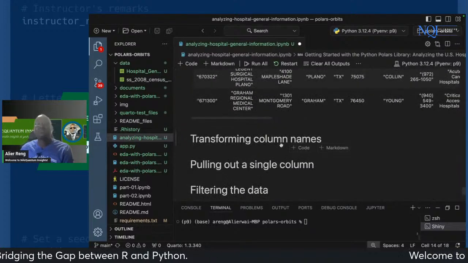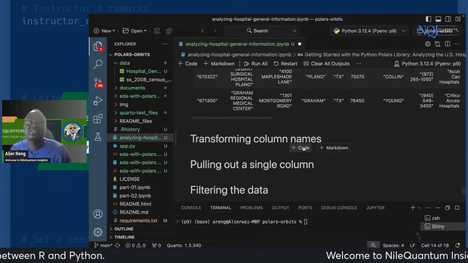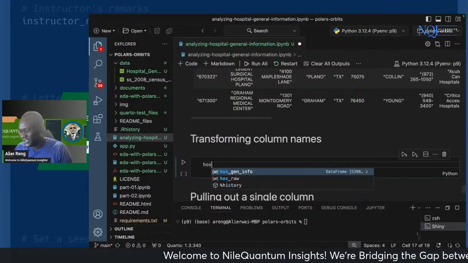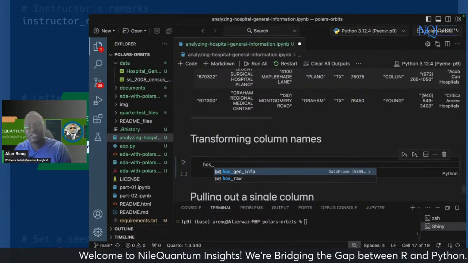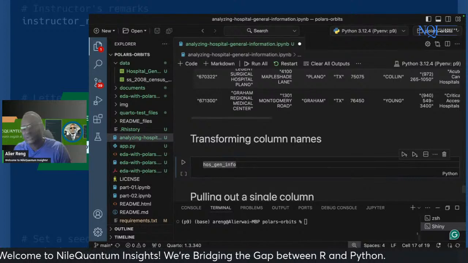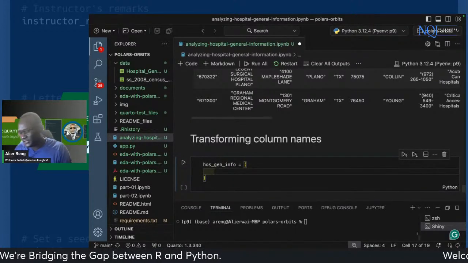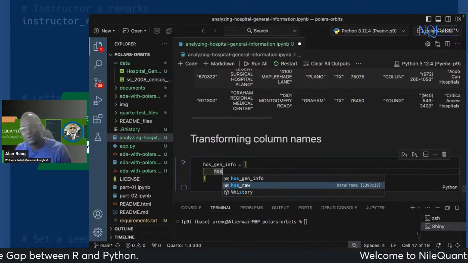And then after that, we will select the columns that we are interested in. So here, let's transform columns. This data, we are going to rename it hospital general information. We want to save it,